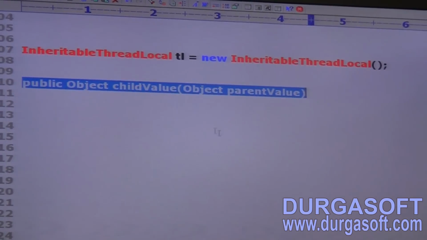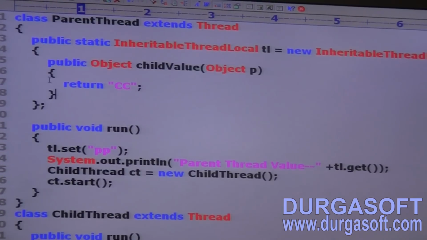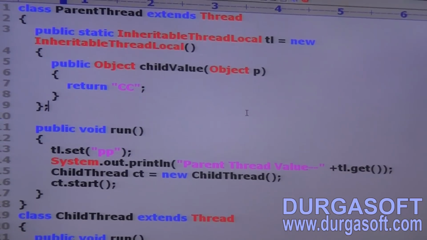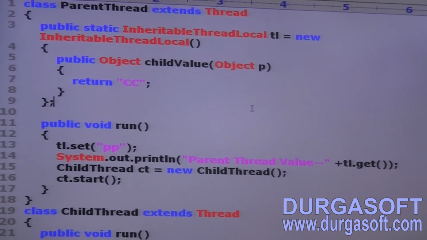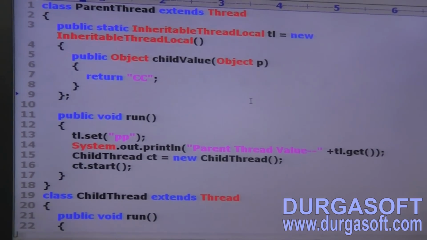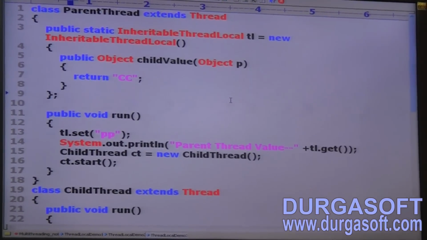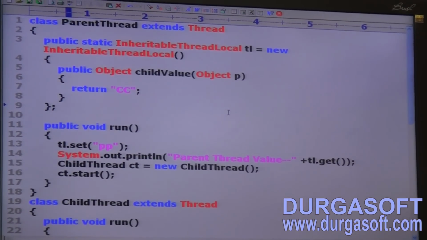Now, better to take this ThreadLocal demo program clearly. Class ParentThread extends Thread.